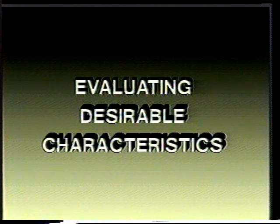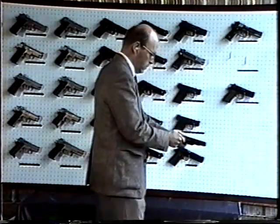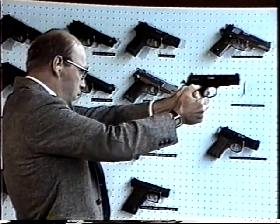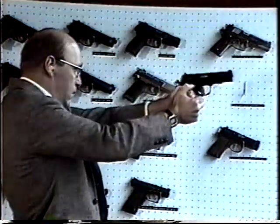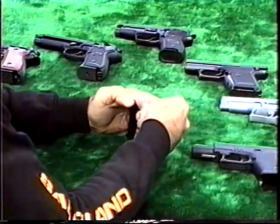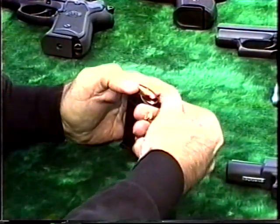Evaluating desirable characteristics. Some characteristics, such as reliability and durability, are absolutely essential. The more reliable and durable a weapon is, the better. However, other characteristics often must be compromises. In order to choose the weapon that best suits your overall needs, you must first assess your needs in 10